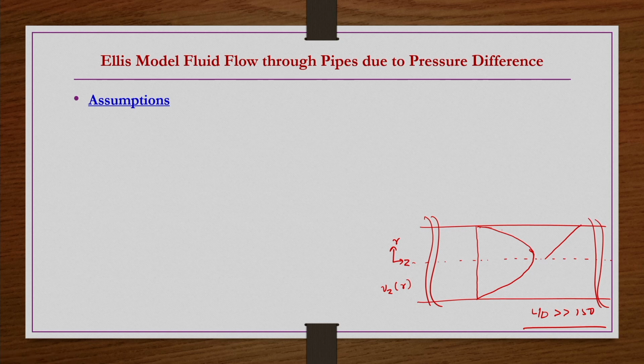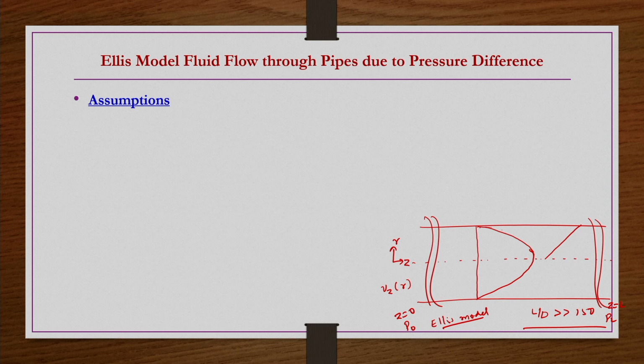So, all those conditions are the same here again. The only change we are going to have is that, in place of power law fluid, we are now taking Ellis model fluid. The pressure at the inlet, Z equals 0, is P naught, and the pressure at Z equals L is PL, and because of this pressure difference the flow is taking place. And then all this analysis whatever we have done in the previous lecture,